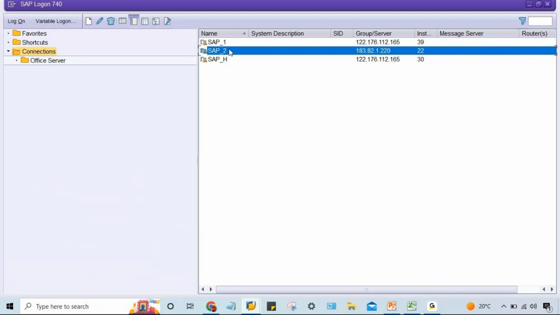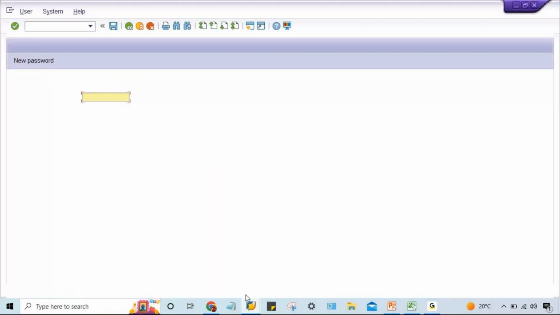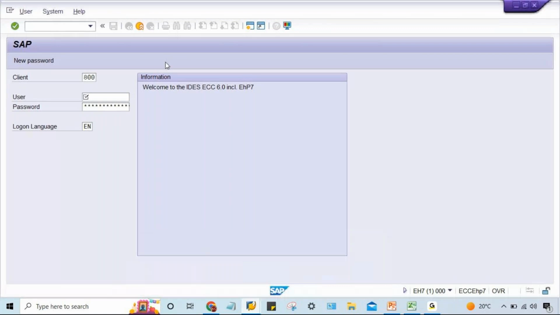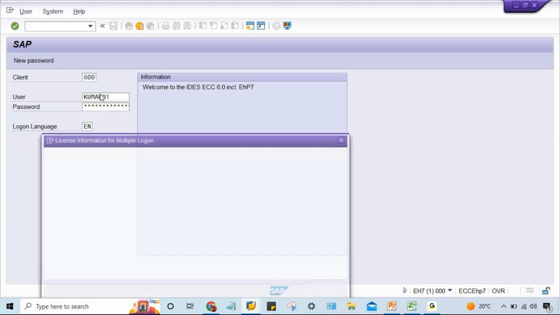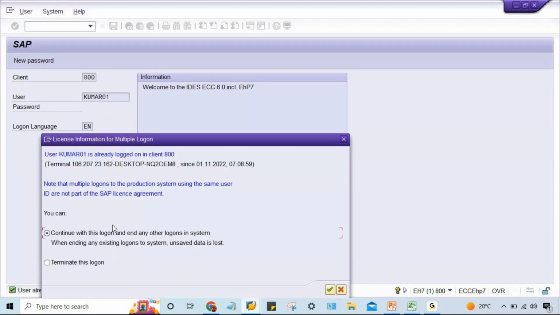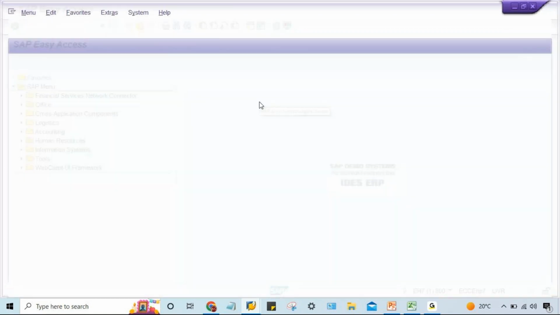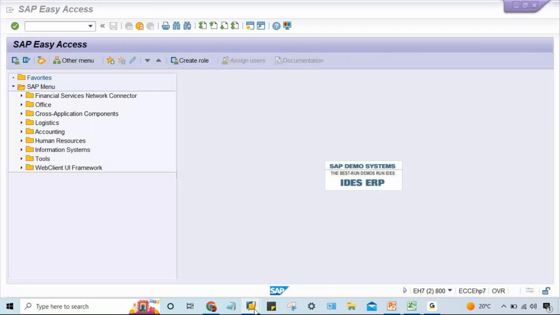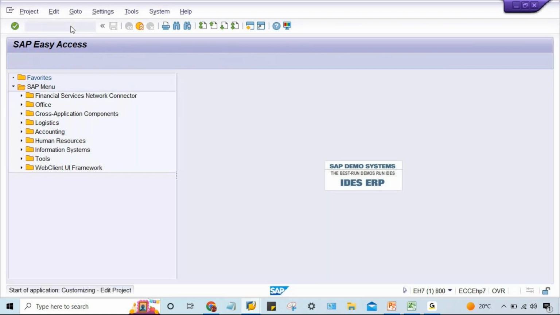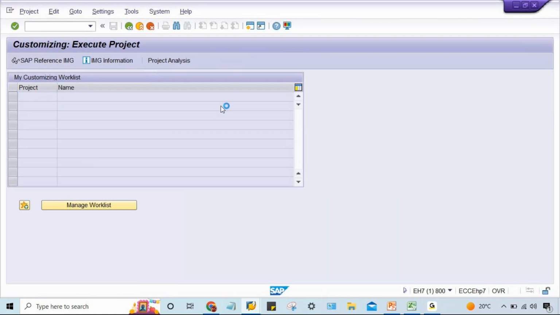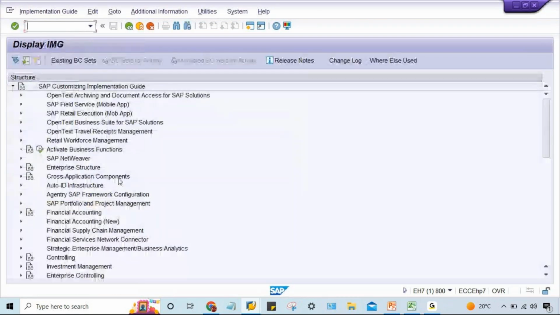Maybe some. Screen here, and here SPR. So now here,